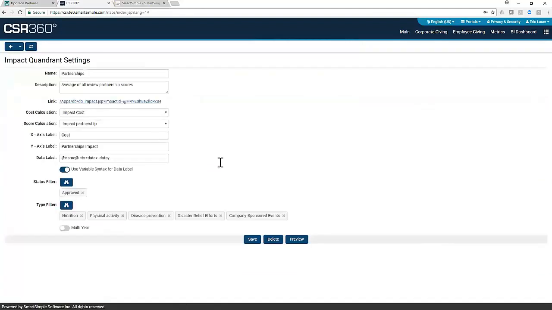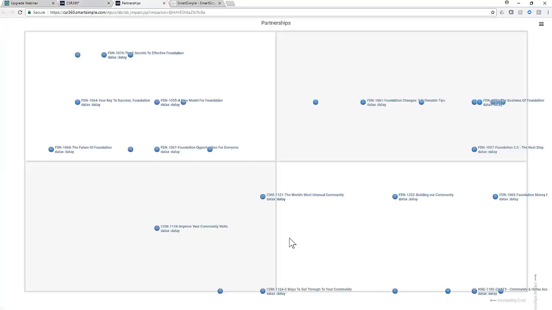So you may have seen a chart like this before. This is just a quick setup screen where you pick what calculation you want to use, how you want to score the grants. Maybe you want to specify it to a particular set of grant types or status types. And then if I just give you a quick preview here,